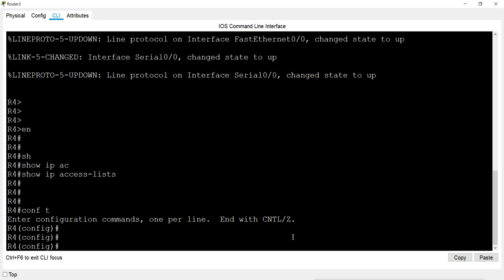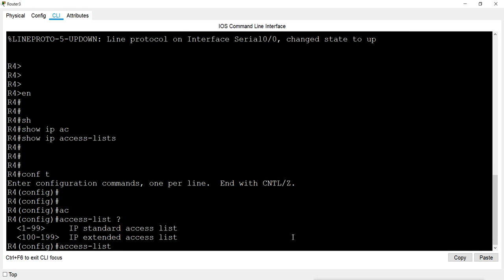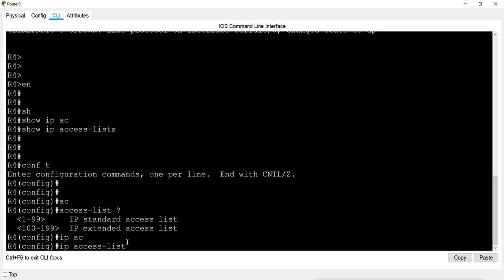Now for creating the numbered access list, we start the command with access list, and when we give the question mark, it says provide the number for standard or extended. But now I want to create a named access list, so I will start the command with ip access list.